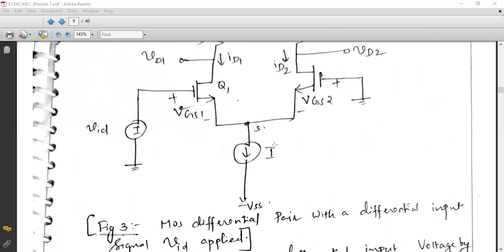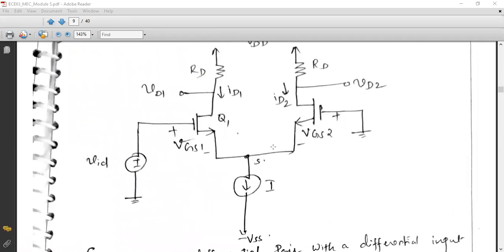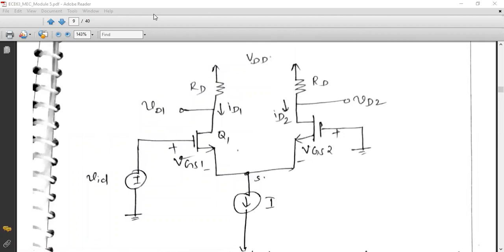Now you tell me which transistor will conduct and which will be off. And please be aware that the two transistors are NMOS transistors, and for NMOS to conduct, I need to maintain at least a threshold voltage VT, which will always be positive. So if I'm maintaining a ground voltage at Q2, it is understood that Q2 will not conduct, whereas I'm maintaining a positive voltage at the gate of Q1, which means Q1 will conduct. Then which current will be more and which current will be less? Please tell me the answers.